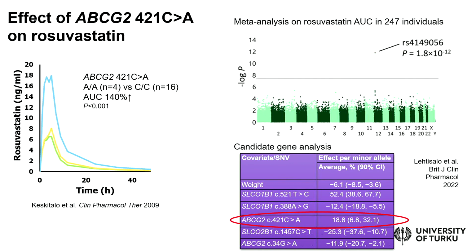Also substantiating here again the relevance of BCRP for rosuvastatin pharmacokinetics, the ABCG2 421C>A SNV encoding BCRP has been linked with rosuvastatin pharmacokinetics. Again here, a previous study by Professor Niemi and some later work I have taken part in with